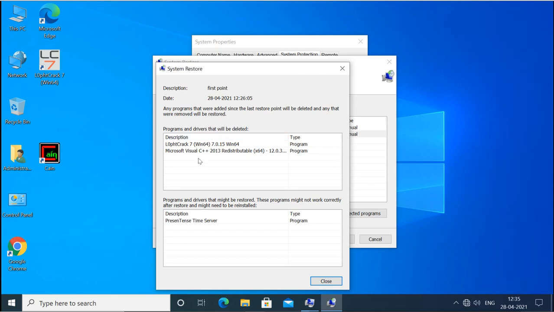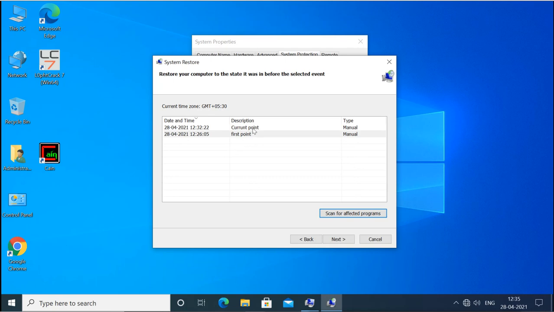So what will be deleted? This software will be deleted with the driver, with this additional software which actually comes with this software. So these two software applications will be removed if I go to that restore point, and this one will come. This one was there previously, so this one will come, but these two will be removed. And if I go back to this one, this is my current one. So what happens here? I think nothing will happen, because currently our system is as it is.